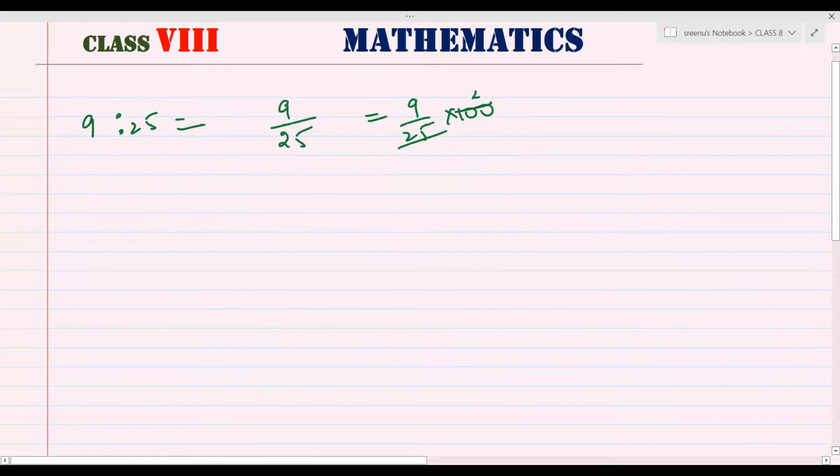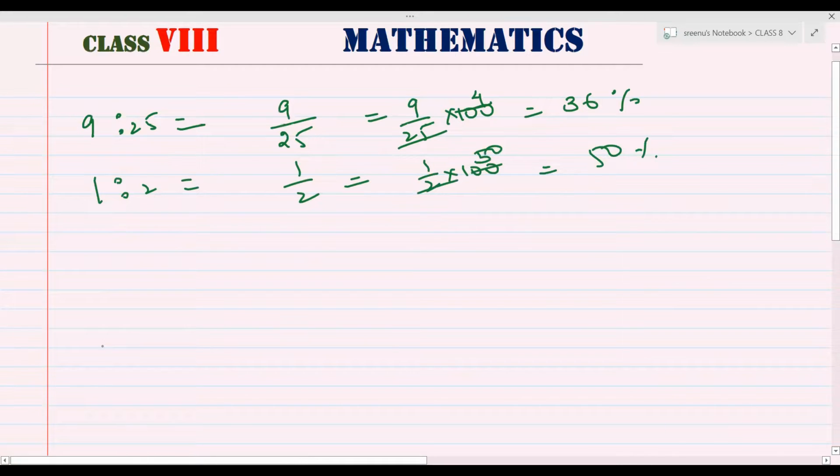Then how much will I get here? 9 fours are 36, so 36%. For 1:2, you write 1 by 2, 1 by 2 into 100. With cancellation, you will get 50%. Okay, now it's so simple. Now you please tell me this answer. 3:5. Please tell me this answer. 20%. Okay. Next,